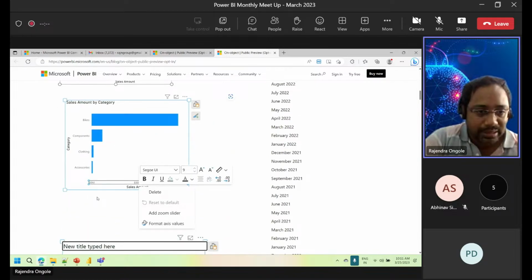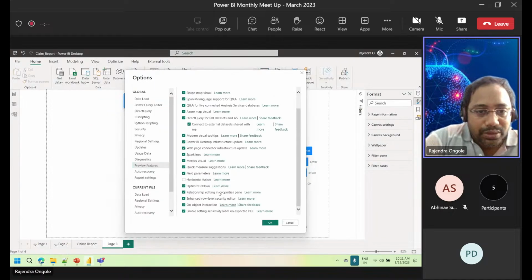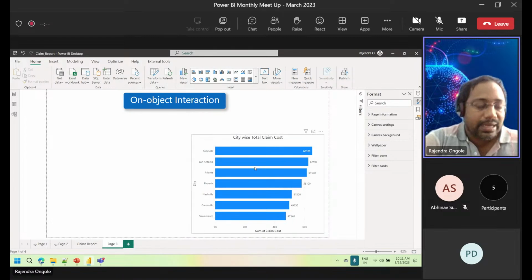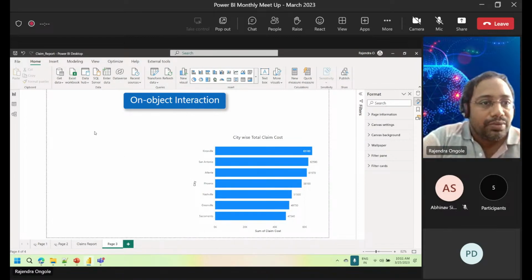Just now I shared this analysis. This particular number we can also try to add, or format this axis level part. So please turn on this feature, close and reopen your Power BI Desktop application so that this on object interaction visualization will be enabled for you. Then we can play around with it. I'm just starting to use it and trying to accommodate whatever the new things are on this part. I'm trying to understand it as well as add it and share it with my customers too. Along with that,